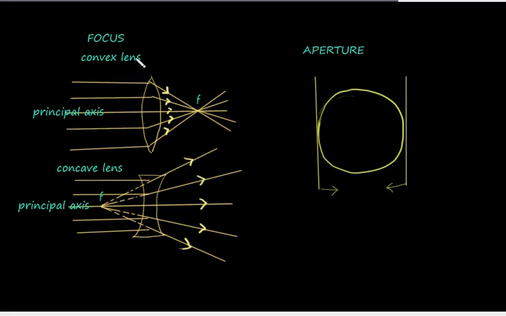Now let us see the third point, focus. I have made a representation of the convex lens and the concave lens. For the two cases, this is the principal axis passing through the center of the lens, that is optical center, and also the radius of curvatures on either side, in both cases. Let us take the first case. The lens is kept in air. A beam of light is passing parallel to the principal axis and striking the lens.